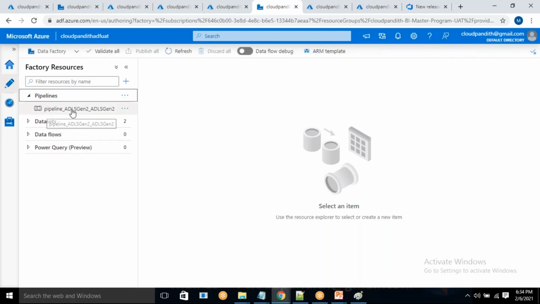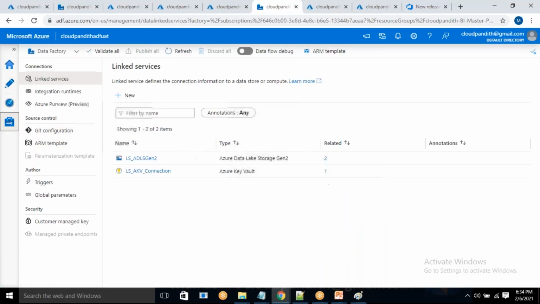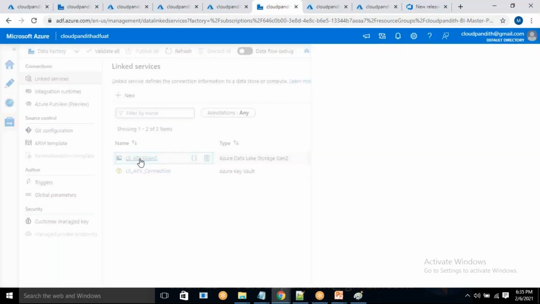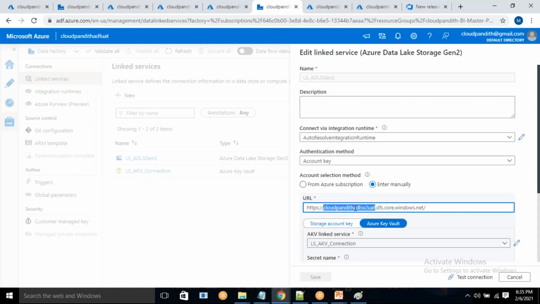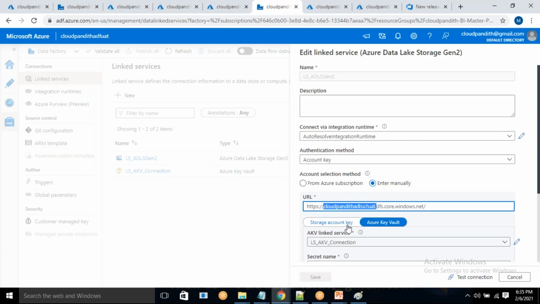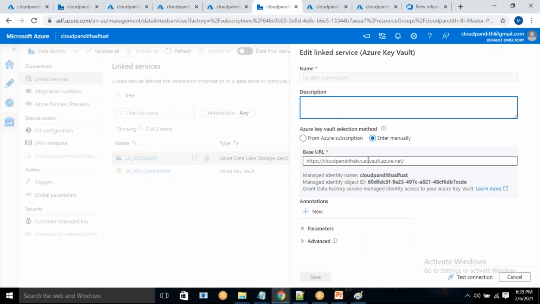See, the pipeline came, datasets came, and just to check, go to the manage tab and see whether these things are available. Let's see whether it is connected to the UAT data lake storage or dev, because I have changed the name from dev to UAT. That's why it is connected. And the Azure Key Vault connection, I have changed from dev to UAT. That's why it is connected to